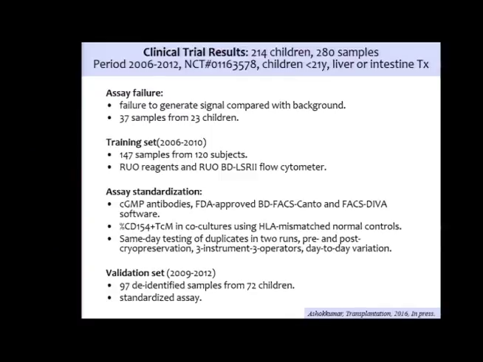because we went to them at about this phase. We went to them in early 2011, and by that time we had 147 samples tested, 120 subjects, and we gave them this wonderful document that we thought was great. But all of the work had been done with research reagents on research instruments. And so they looked at it and said, yeah, it looks interesting, but you've got to narrow your claims. And most importantly, you have to reduce all of this into something that's reproducible and something that can be done on instruments and reagents that meet our standards, which meant we had to use GMP compliant reagents,